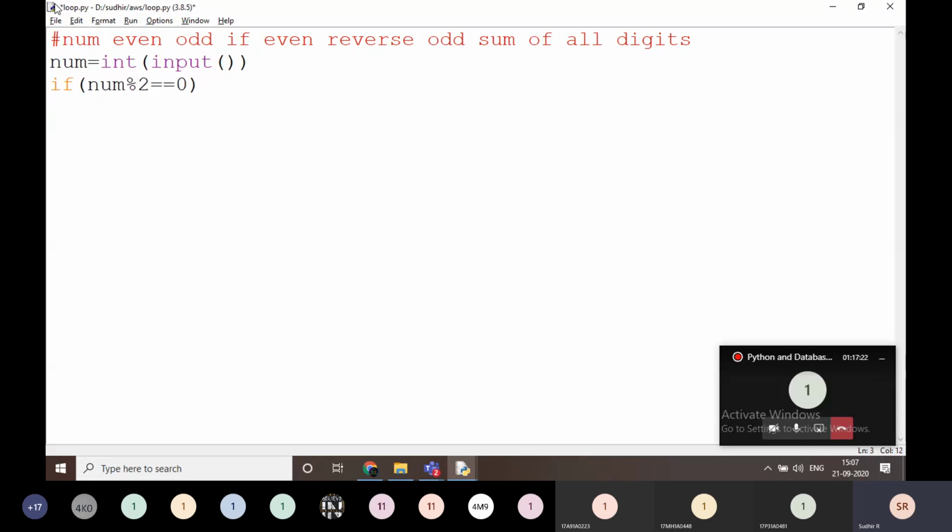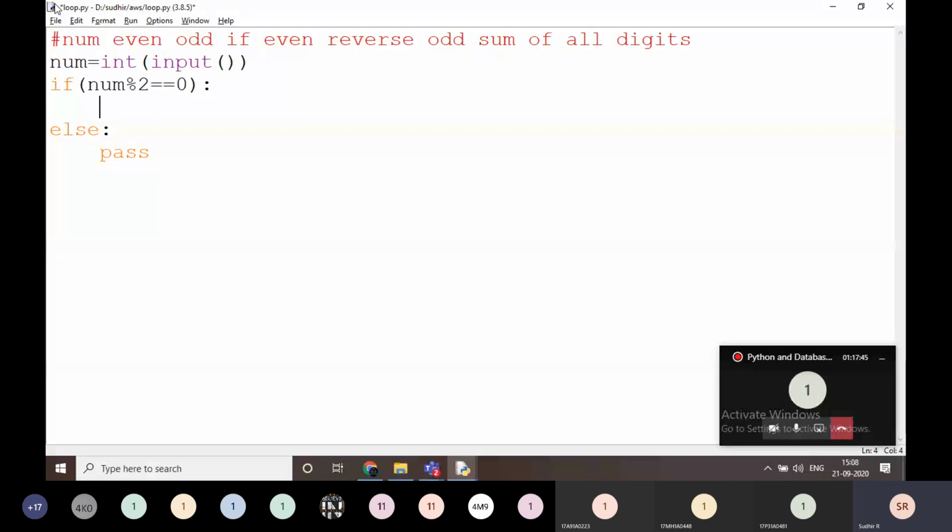That means if it is divisible by 2, that is called an even number. What does pass mean? Pass means nothing. Pass means we have not developed any functionality in the block. Pass means the block of statements is not yet started, that's it, nothing else.